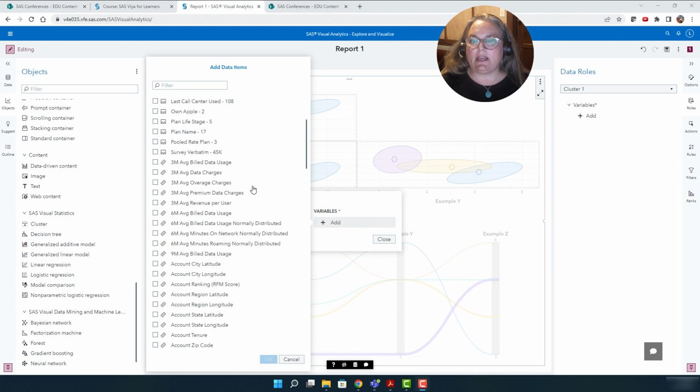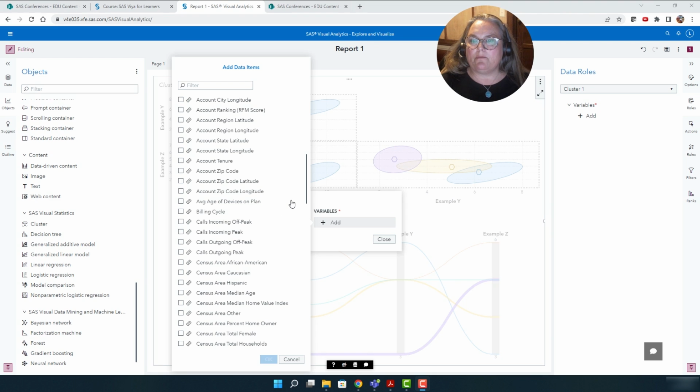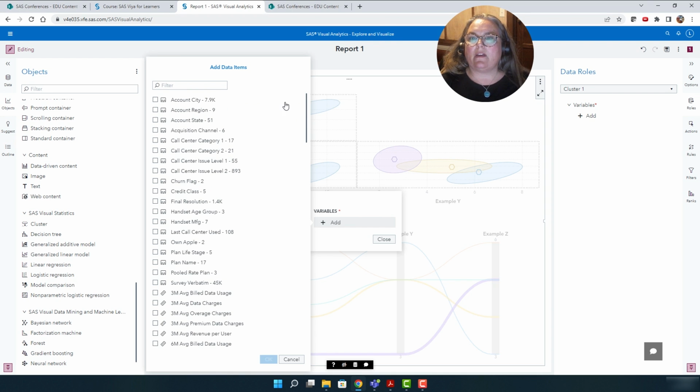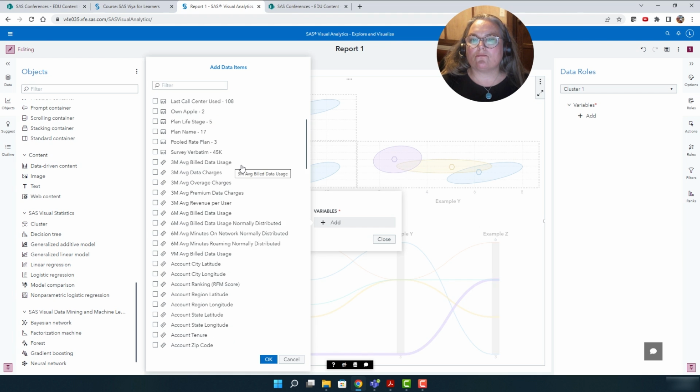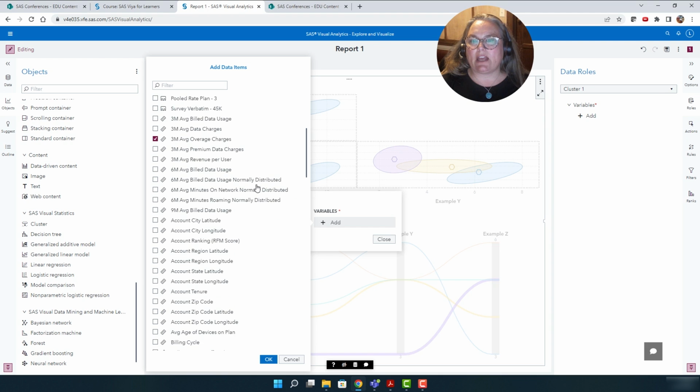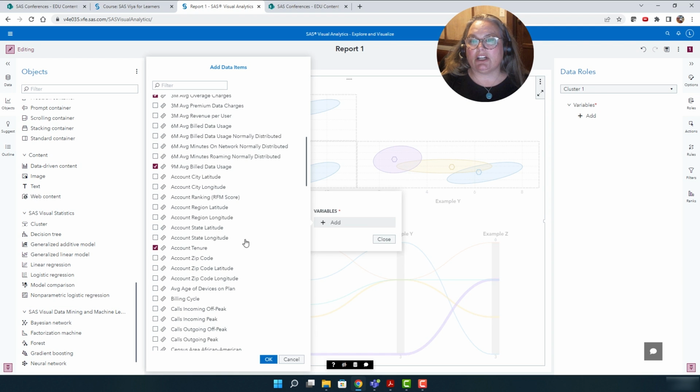I'm going to go ahead and select some continuous and some categorical data items. So let's see, maybe region could play a part. The overage charges would be interesting to look at. Our 9-month average bill data usage, account tenure.